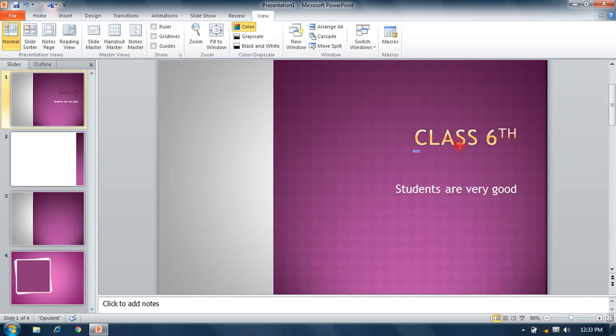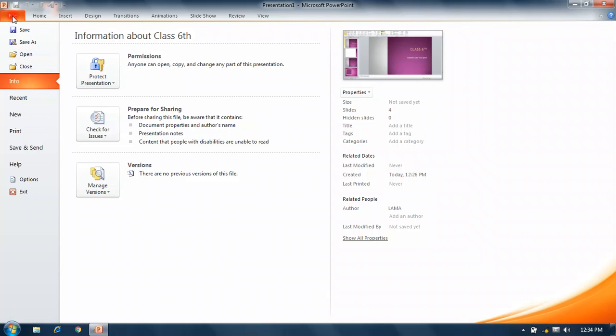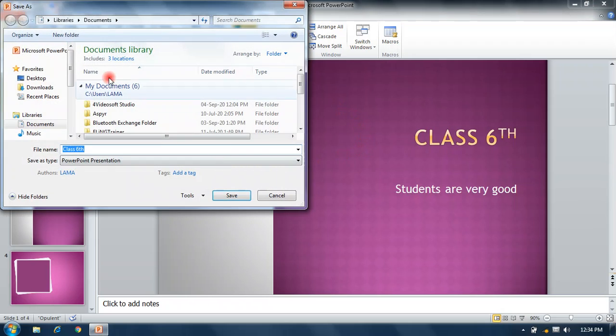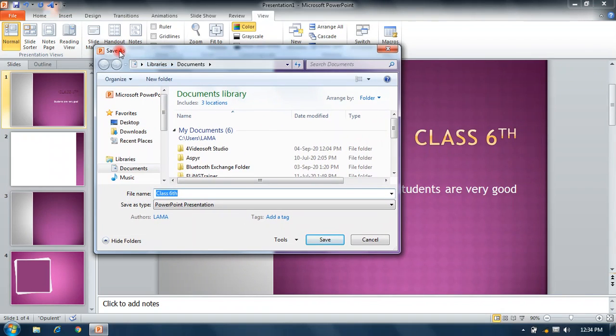So this is your first introduction to MS PowerPoint. When you want to come out from it, click on the File menu. First save your slide, and Save As.